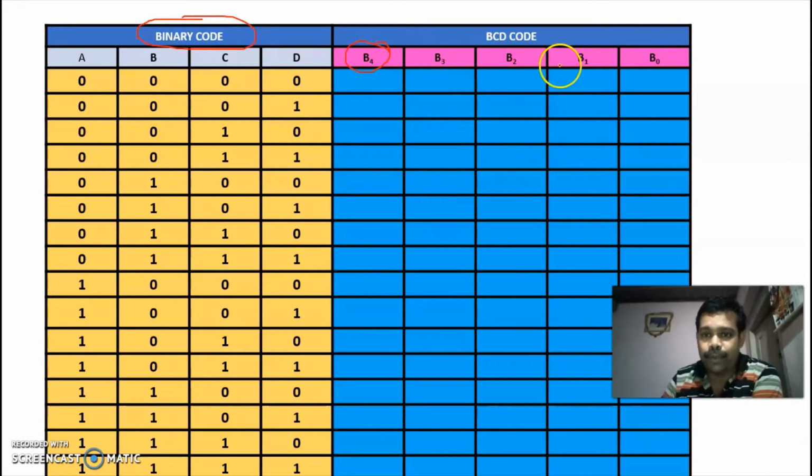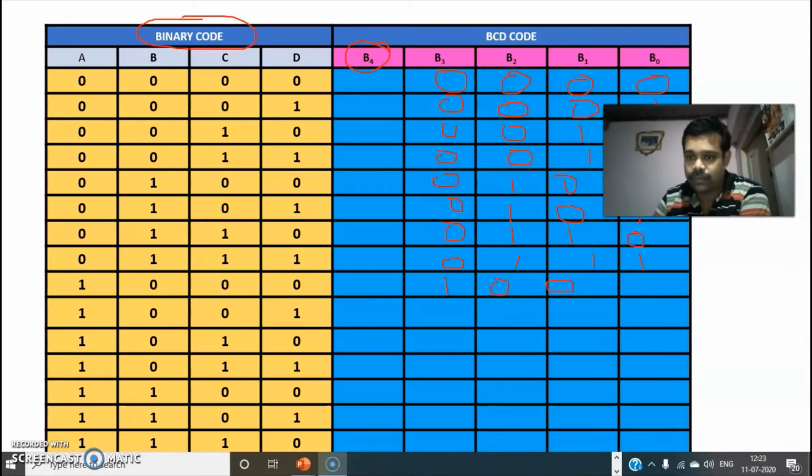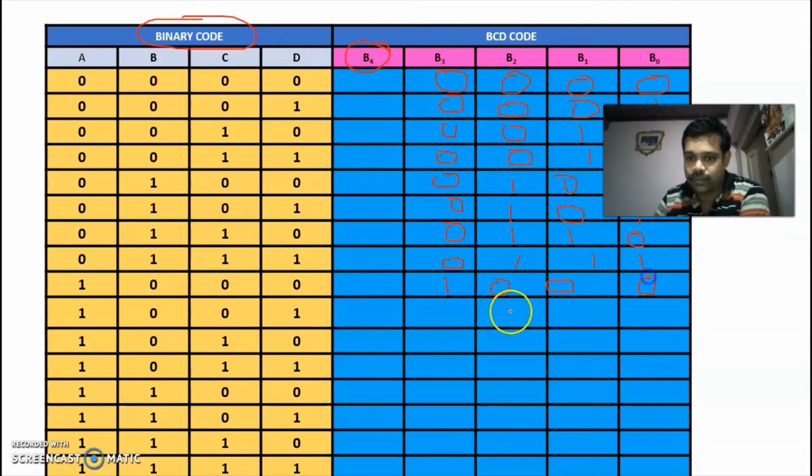You use B3, B2, B1 and B0, and start writing from 0, 1, 2, 3 and so on.